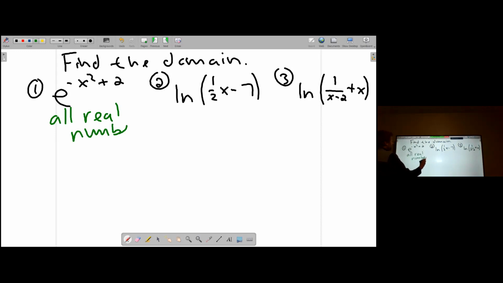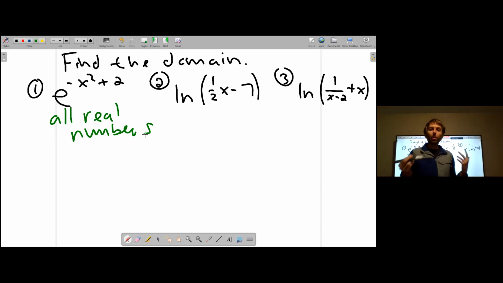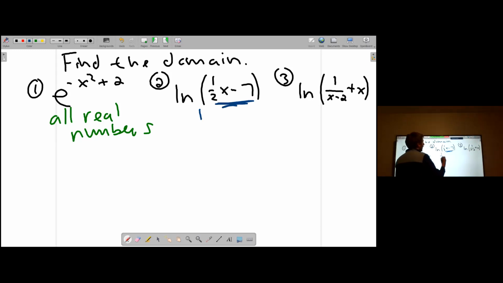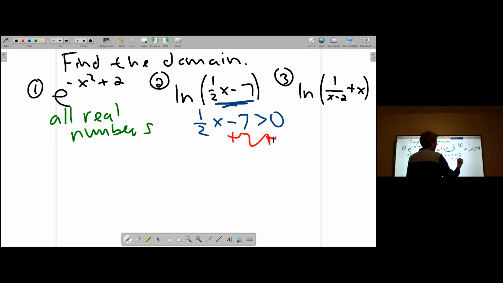So the interesting questions really come when you talk about natural log. For natural log, it's not all real numbers. We have to only plug in positive values to natural log. Even 0 doesn't work. So we're going to set what's in the natural log strictly bigger than 0. And if we solve this, which I think we can do pretty quickly here,